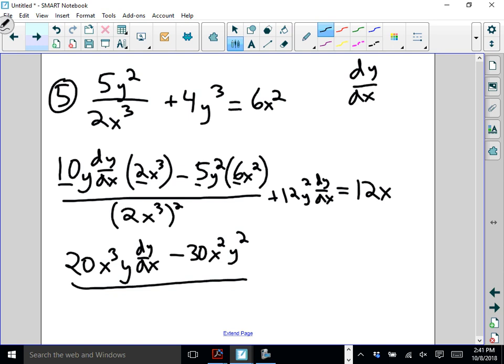Now we can't screw this up. 2x cubed squared. I'm going to square the 2 and get 4. And then power to a power multiplies the exponents. So I end up with 4x to the 6th. Okay, I'm going to continue to write the rest of the problem here. 12y squared dy dx